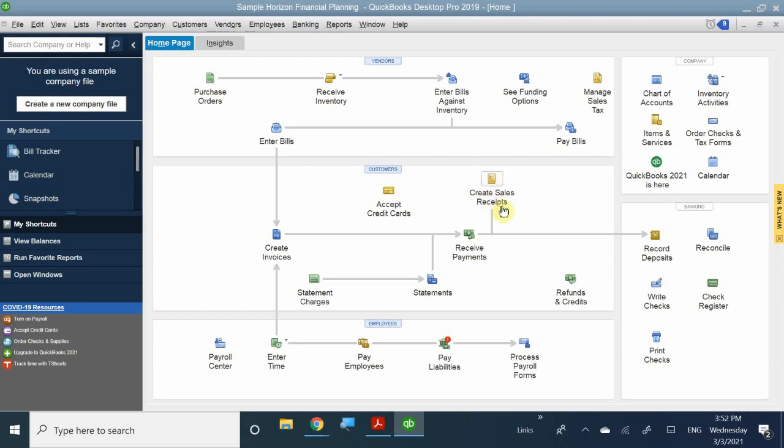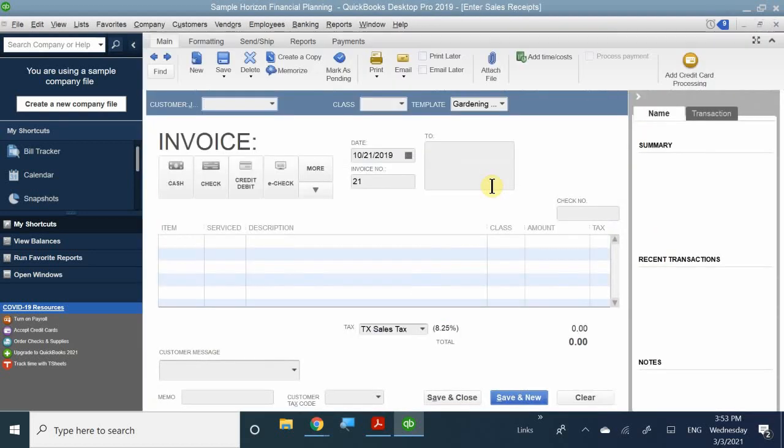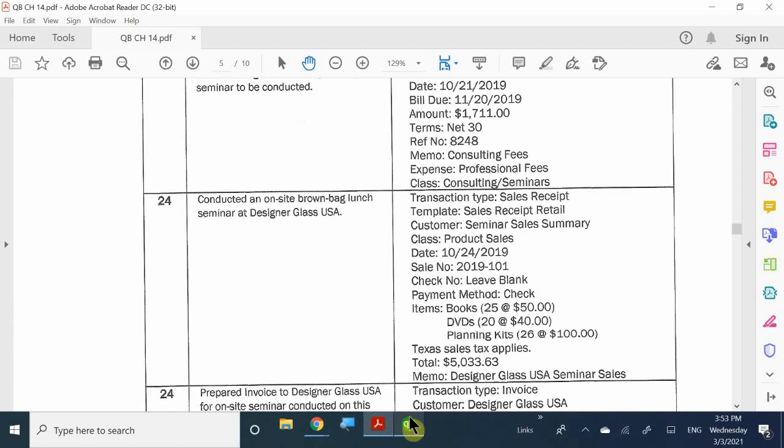So in this case, I don't actually have a particular customer. So I'm going to go ahead and click on my sales receipt. So in this case, the person I'm going to be doing this for is